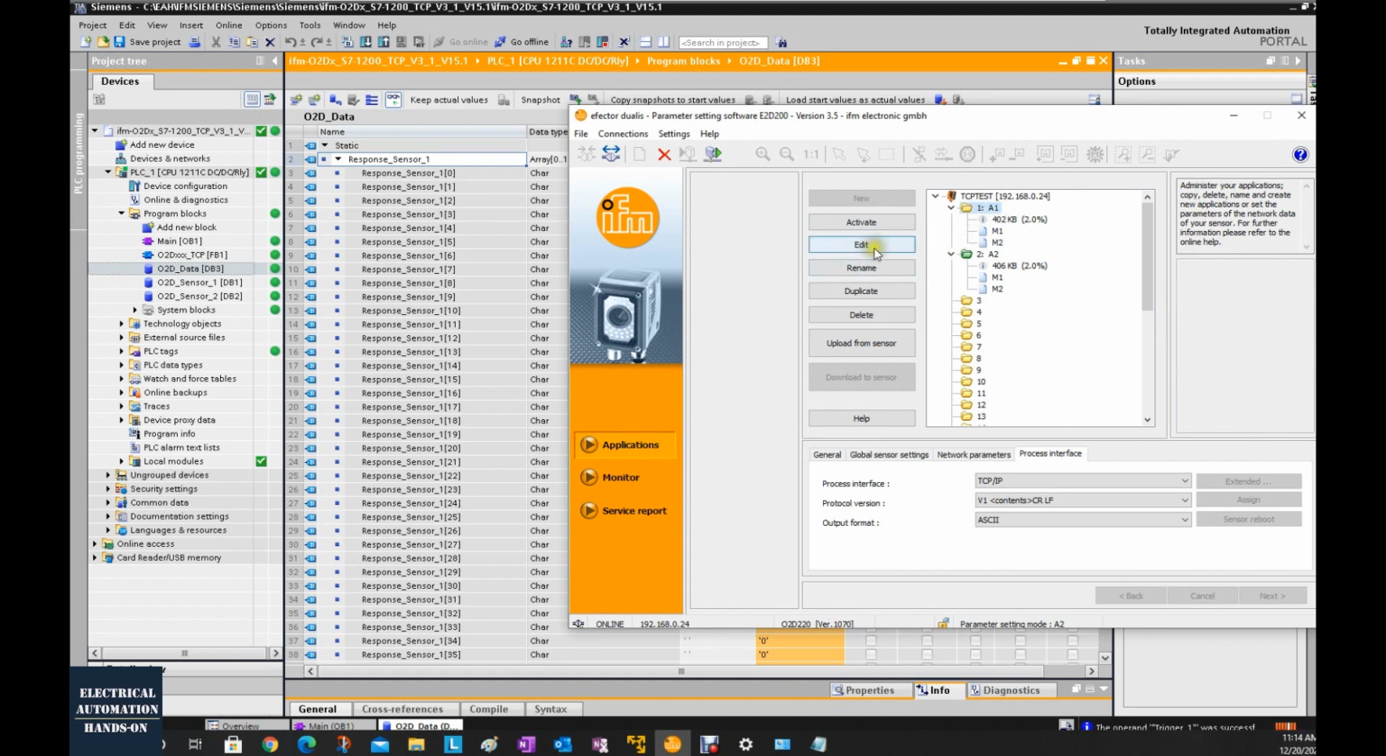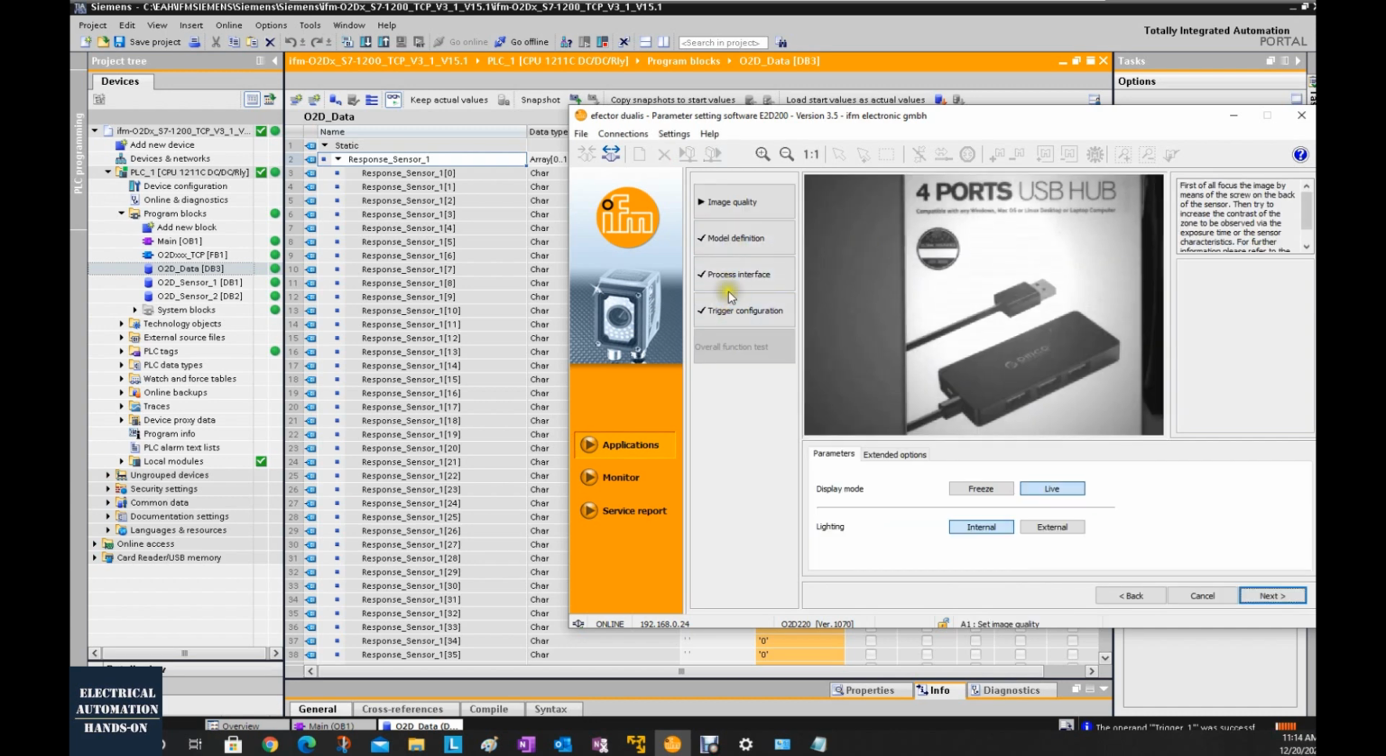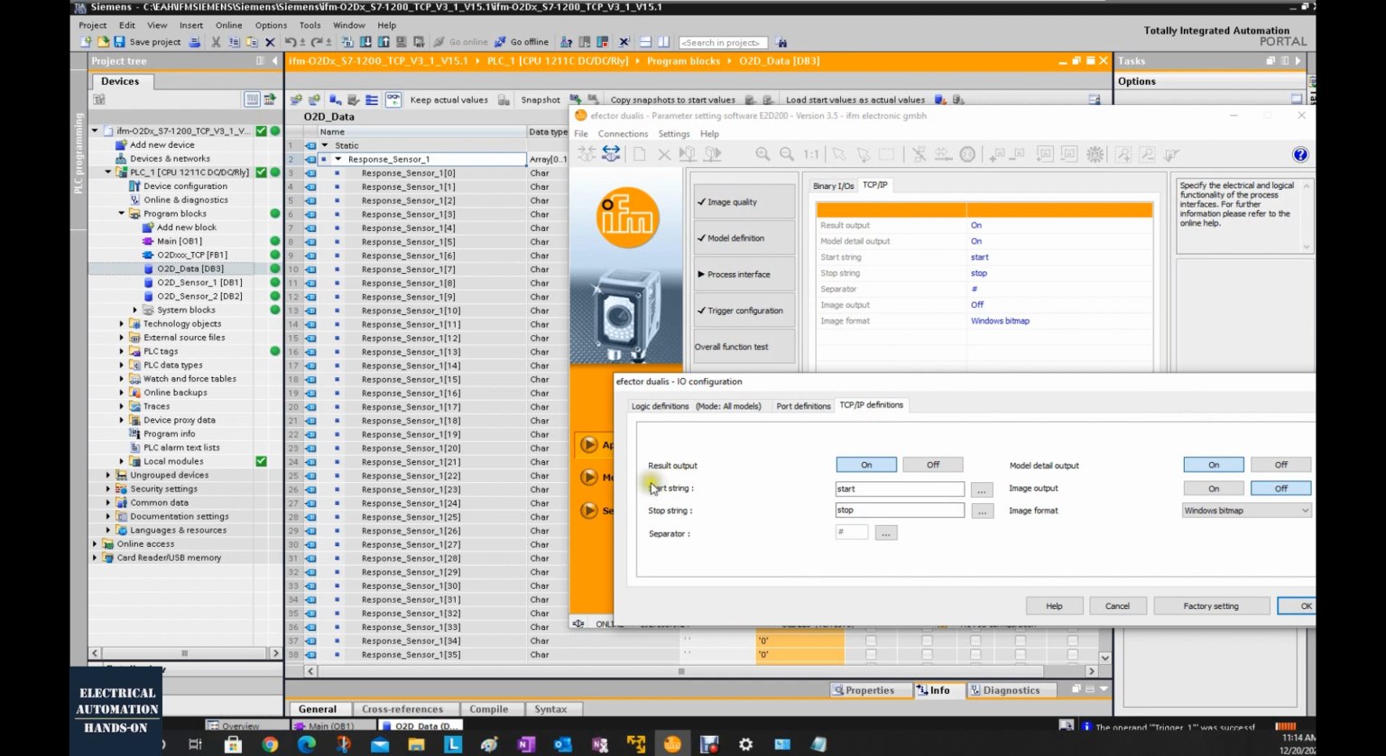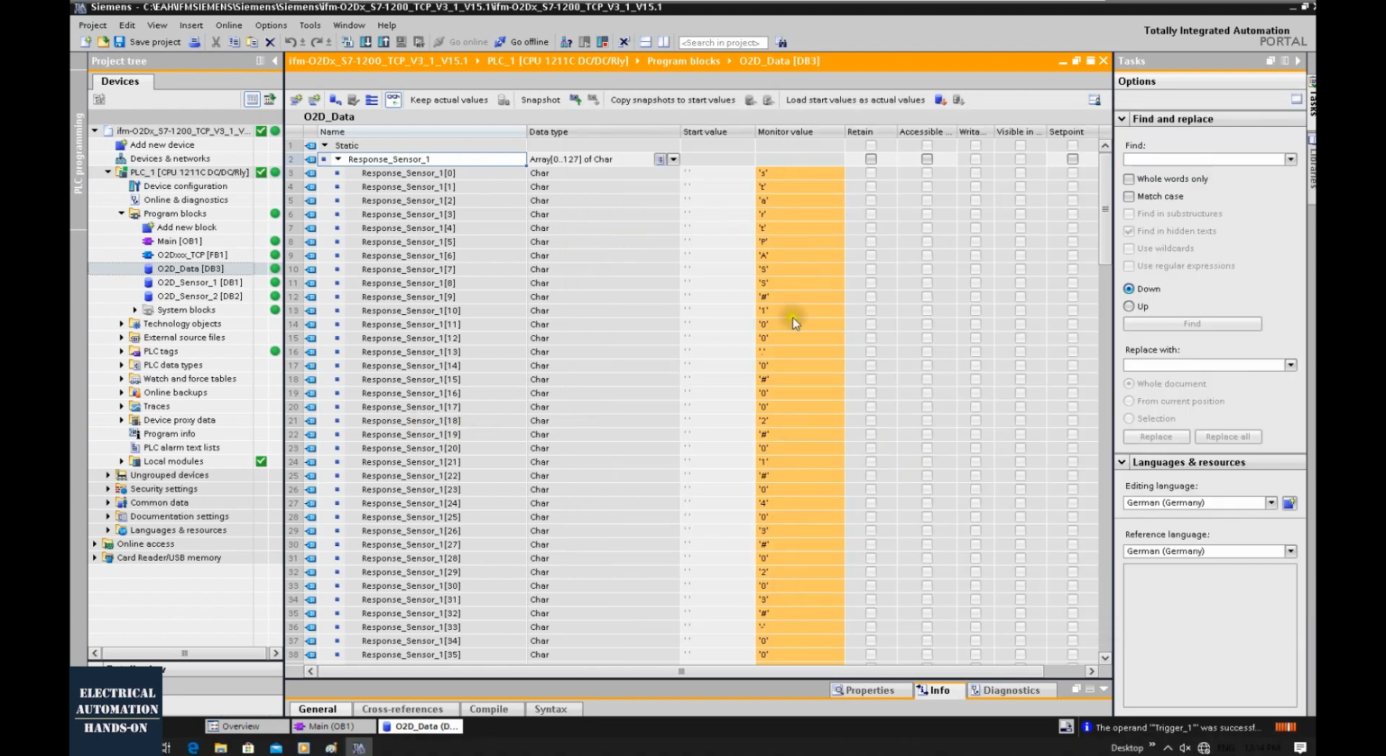So click the A1, click this edit, go to the process interface. So click this TCP and click this change settings. So we can see our entire string starts from this start keyword, and stops using this stop keyword. So if we shift back to this string here, it starts using the start and the following four characters,